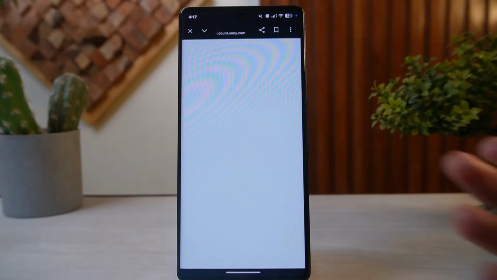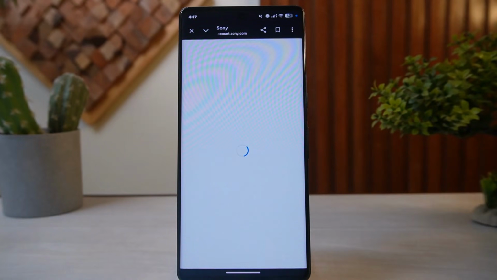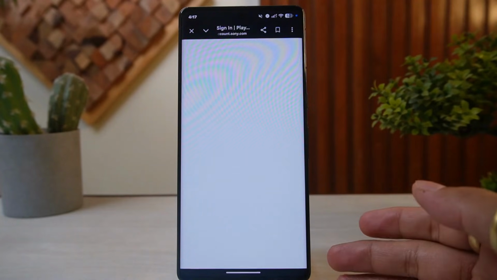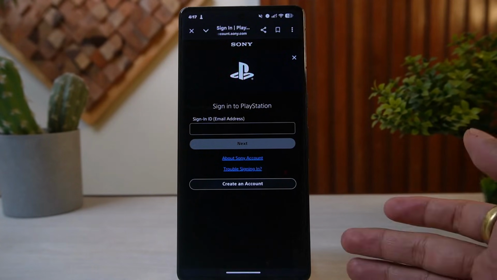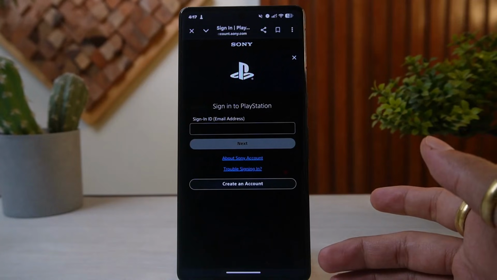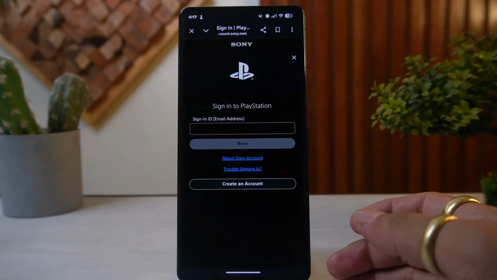Once you find it, go ahead and tap on this and then proceed to log into your account with your email and password. Now you simply have to click on the Security tab in the left-hand navigation sidebar. Then scroll down to the two-step verification section, then click the Edit button and select how you want to receive your security code. Authenticator application is one of the most secure ways, or you can also use the text message